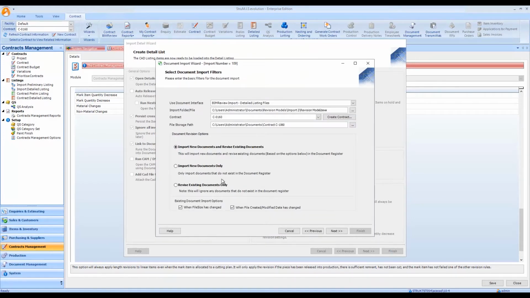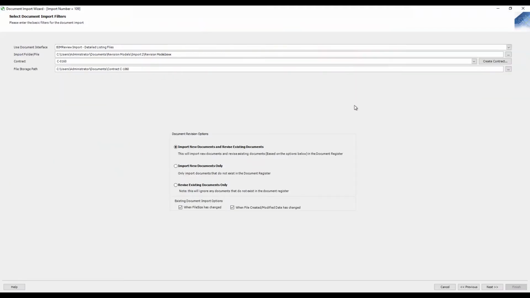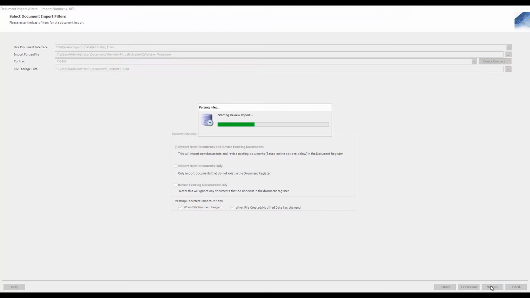So as I had ticked link to doc management at the back enabled, I now have my document import wizard loaded up. I'm just going to full screen that. And I'm going to utilize my import new documents and revise existing, as I want to make changes to those that are in place and bring in the new stuff. So it'll be the C4 drawings that we'll need to incorporate into this. So if I go next and take a look at the documents,